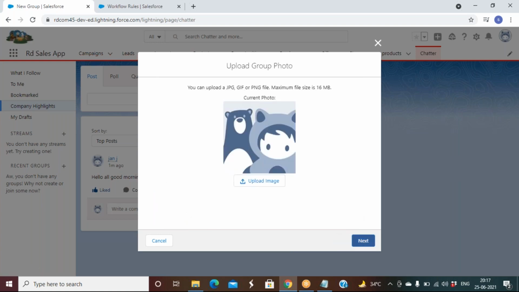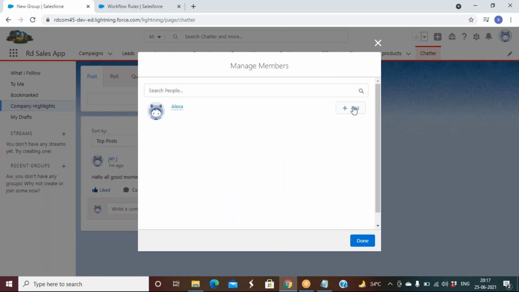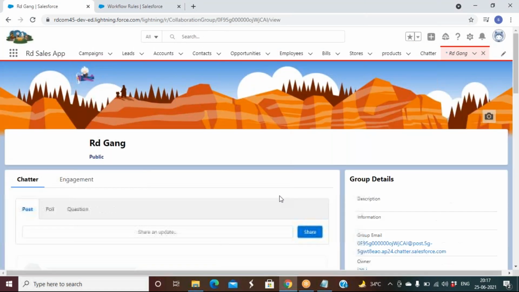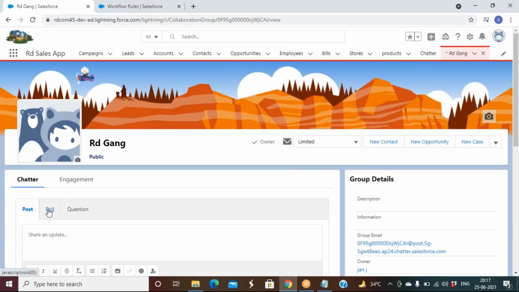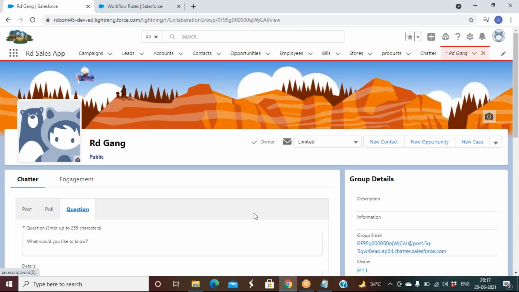Save, next. You can upload an image to the group, next. You can add members, add, since I don't have more members. See, while adding a user, you can add as a member, or you can add as a manager. Manager means they can also control the group. Done, another group got created. So in the group also, people can post, people can poll, people can ask questions.